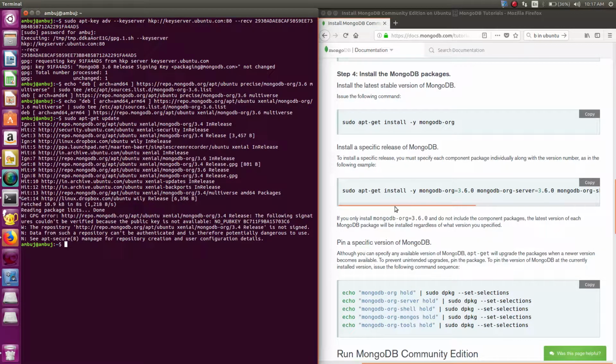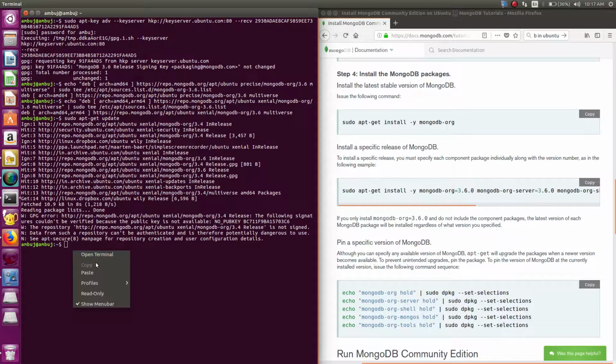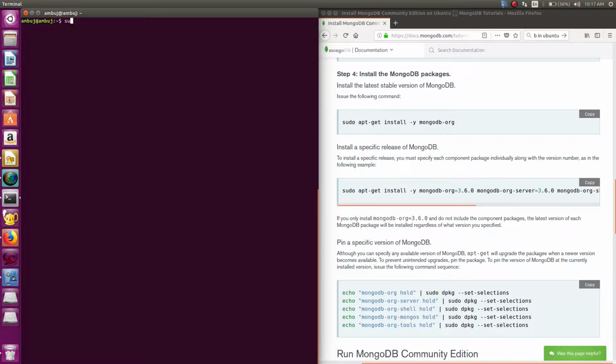So let's come back. Install the MongoDB packages. Just copy this and paste. It will install the stable version of MongoDB on your system. Now we are done with the installation process. Let me start the service. So sudo service